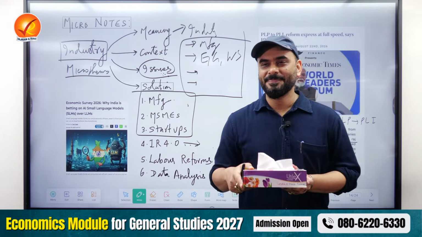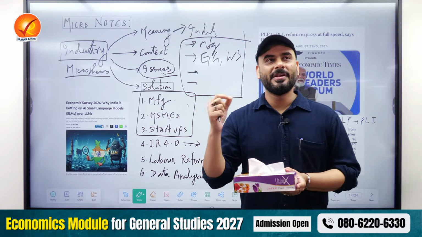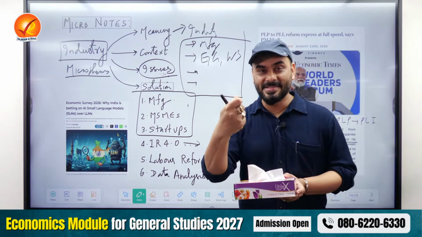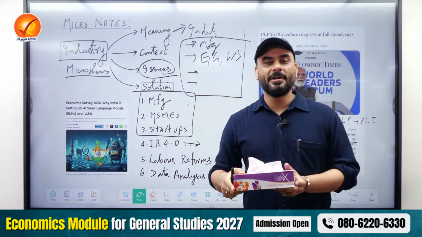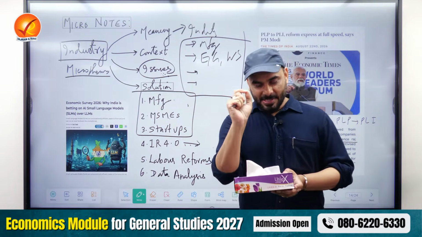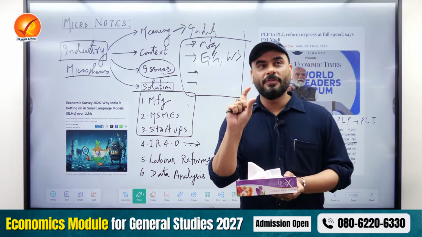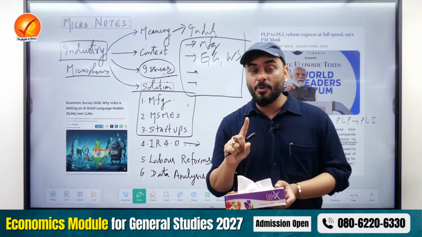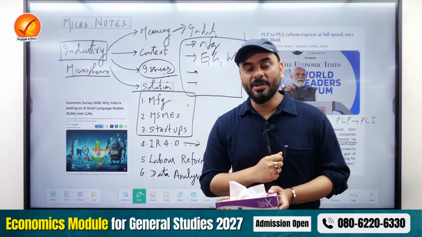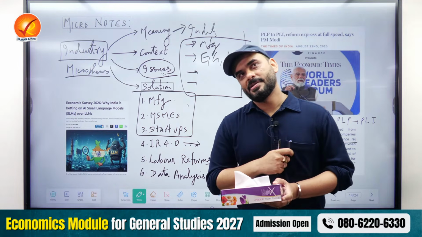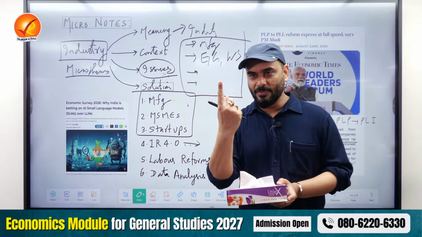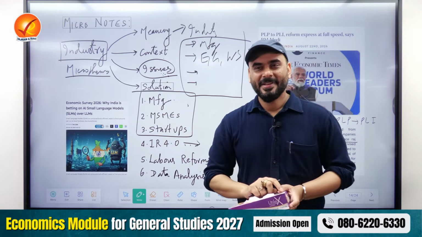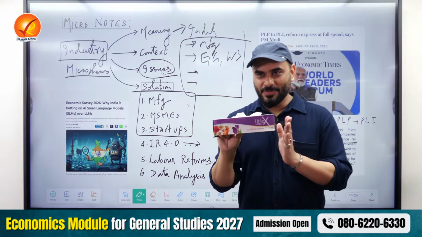I'll take a box. I will go to every manufacturing industry of India, which is important, like those who produce textile products, those who produce electronics, medicine, paper, anything which is important. And I will ask them that, hey, please tell me how many units of the product you produced in 2025. So let's say I'll go to a mobile phone factory and ask them, how many mobile phones you manufactured in 2025? They will say, we manufactured 1 crore mobile phones in India. I will put 1 crore number here. I'll write it on a piece of paper. I'll put it here. And I will say 1 crore mobile manufactured. This is a box for 2025.